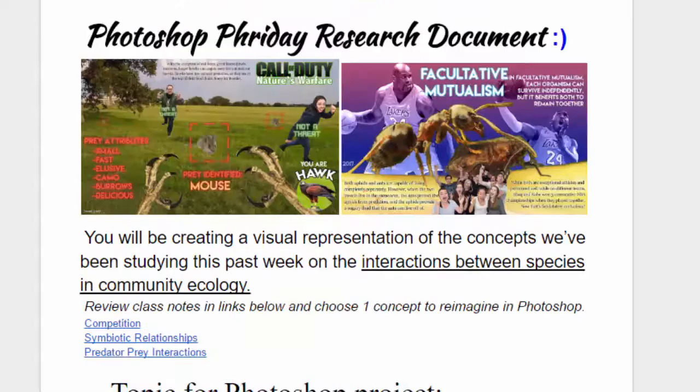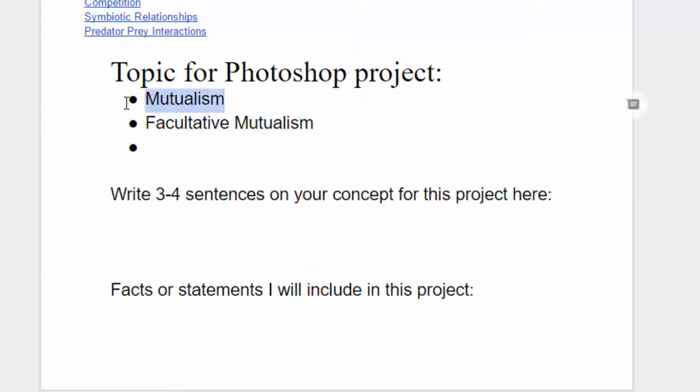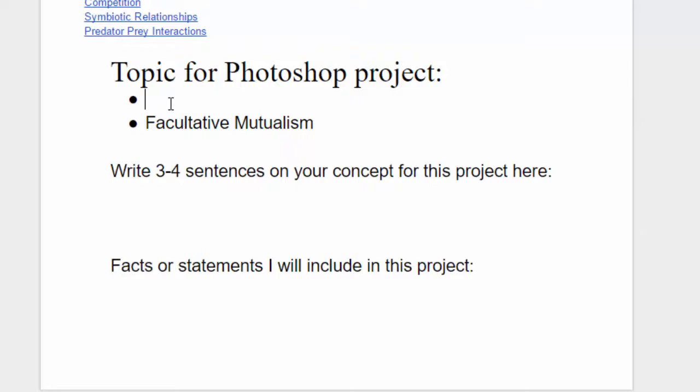And once you identify the topic that you're going to use for Photoshop Friday, you're going to delete these other bullets. So let's say, for example, you're going to do facultative mutualism. You're just going to simply delete that, and then you're going to delete this, and I know what you're going to be studying. Next, you're going to write 3 or 4 sentences on the